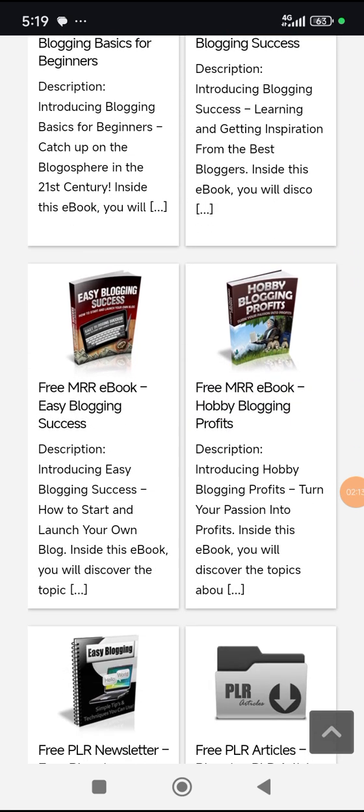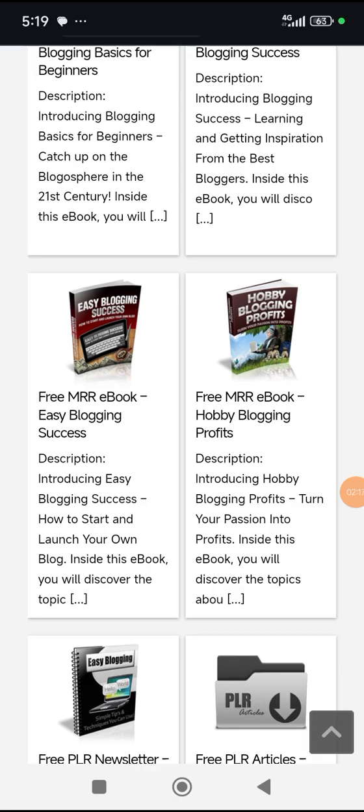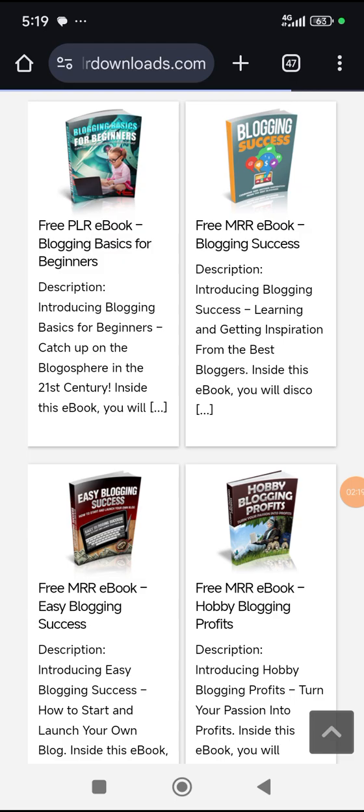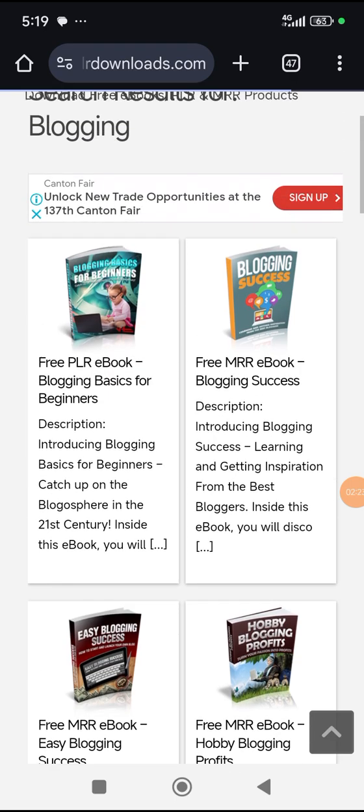Now, if you're using your smartphone to access this, you won't be able to see the description of this book. So what you just have to do, you just read the little ones you can see. Let's say we are going with this second one from the right hand side, blogging success. So you tap on it.